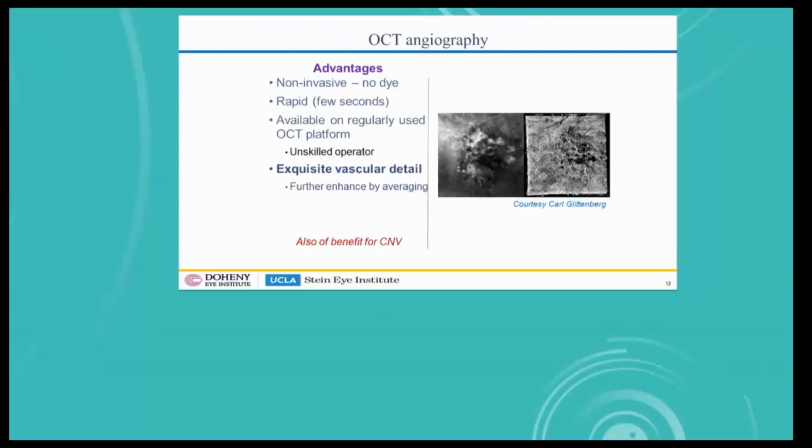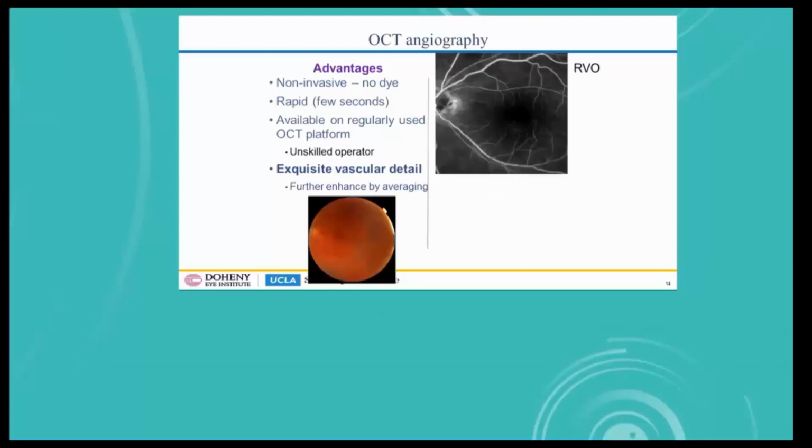You can see some leakage, but you really can't make out the vascular detail, which again, OCT angiography affords us. But I think where it really shines, especially as we think about clinical trials now, is in the context of retinal vascular diseases. This is a patient of mine with a relatively mild vein occlusion. You can see a little bit of leakage on